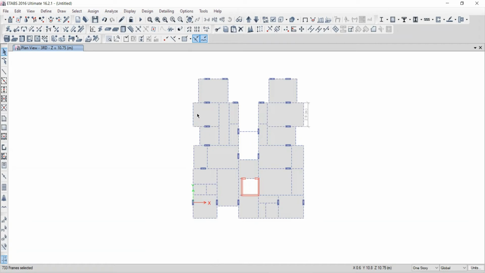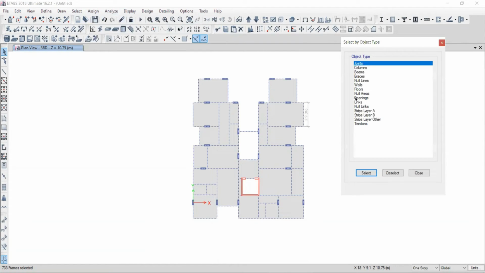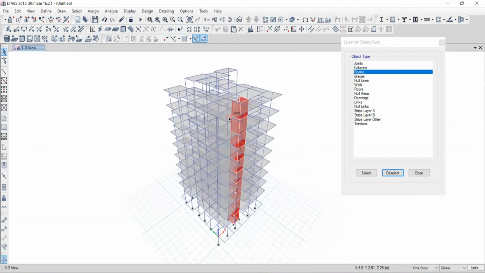Use deselect option in object type. ओके, deselect. ओके, देन object type. ऑब्जेक्ट टाइप, ठीक है, फिर देन। ठीक है, आप सोचो बीम को डिसलेक्ट कर दूं तो फिर सारा बीम डिसलेक्ट हो गया। हाँ। प्रॉब्लम है।